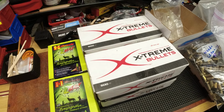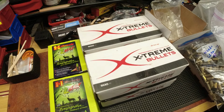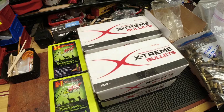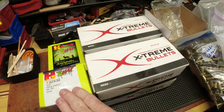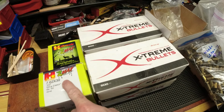So I tend to write that off, and I was trying to be as level and equal as possible by not including tax, shipping, hazmat, but people still get triggered, so I'm sure this will trigger folks as well when I do my secondary market bullet pickup. So I found somebody. We've got two piles here, essentially, the freebie pile and the pile of things that I purchased. This particular person is moving out of state, getting rid of stuff, probably doesn't want to take this anymore. These two boxes of 7.62x39